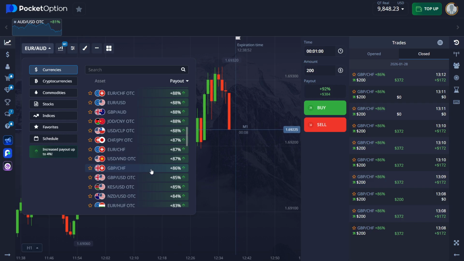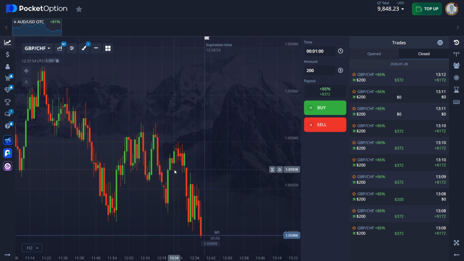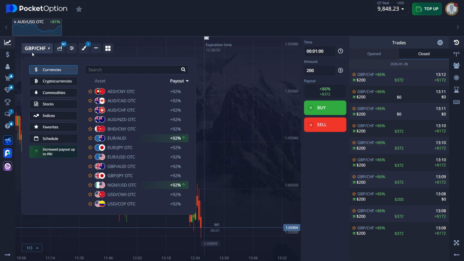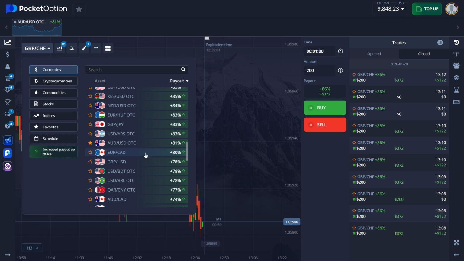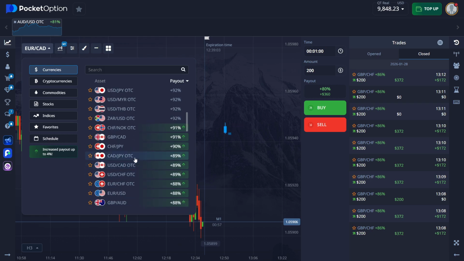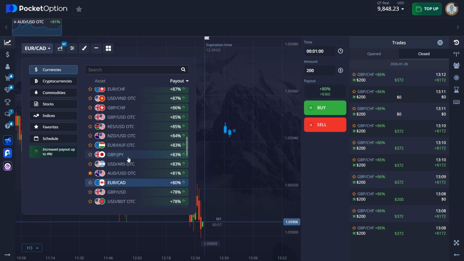The reason being, volatility will be at peak when the settlement ratio is 90% and above. So try to choose a pair having a settlement ratio of, let's say, 80%, 85%, 82%. It will be good for accuracy, for winning, and for everything. But if pairs of 80%, 85%, 83% are not available for trading, then we have to choose 92% and so on. Right now, I have selected a currency pair of USD CAD, I think so.